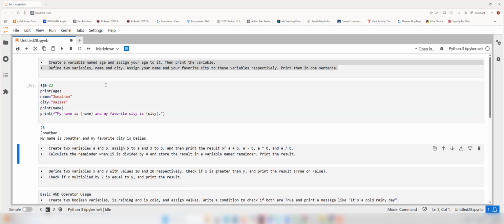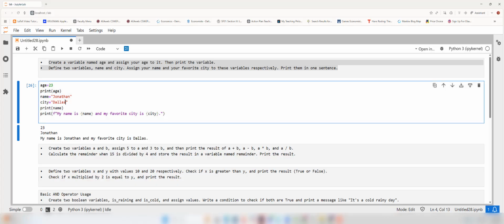Now, when I run this, you'll see my name is Jonathan. What computer does, instead of name, it replaces the value you assigned, Jonathan. And for city, it's going to replace the Dallas. I can change this, okay? If I change, for instance, Dallas to Fort Worth,